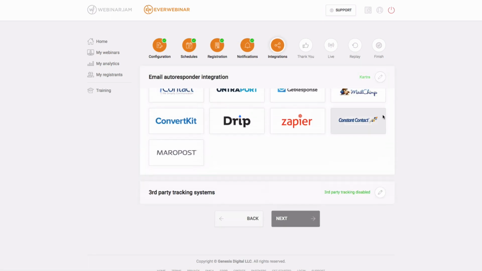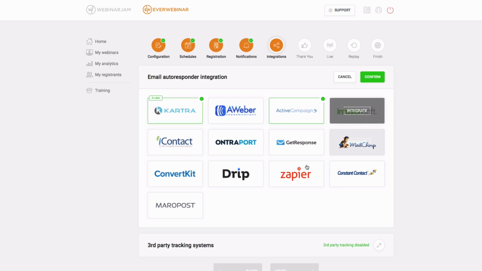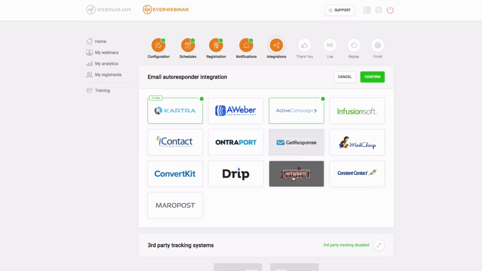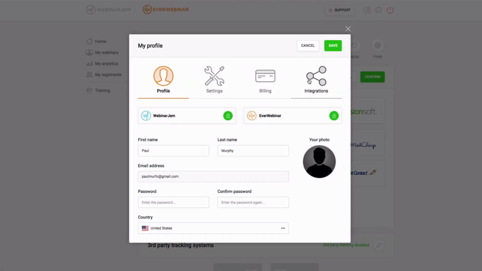Now, you can actually integrate with Kartra, ActiveCampaign, any of your favorite autoresponders as well. So you don't have to use EverWebinar for your email autoresponders. You can have it set up in your own autoresponder. And what's really good about this is also if yours is not listed, you can actually integrate via Zapier, which just allows two pieces of software to talk to each other. And the way you would do that is go into your My Profile tab and set that up in integrations